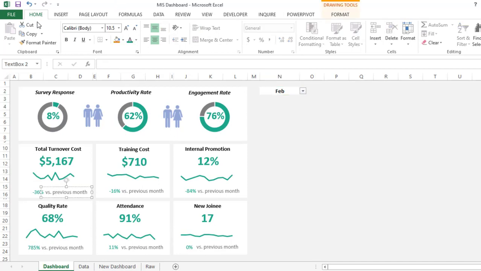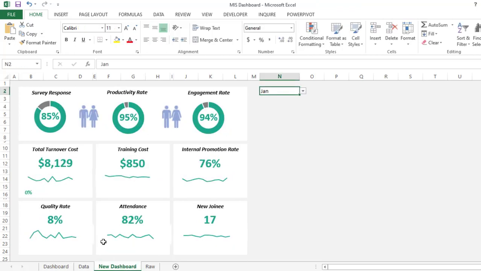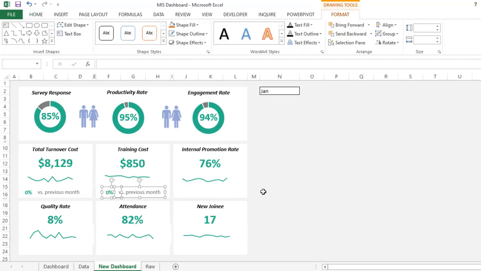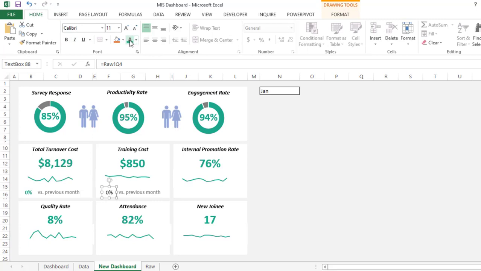Again we have to just go to the insert tab and click on text box. Now since I already have, so I will just select this one, copy and paste in my dashboard. Okay, so that will be easy for me. So just drag this one to here. Okay, so the same way we have to just copy these things and paste in other cells also, right? So let me paste here also. So only thing is now we have to change the cell reference to this one, right? This particular cell, and for this one will be 4, right? So I will go to the home section and make it as a color this one.